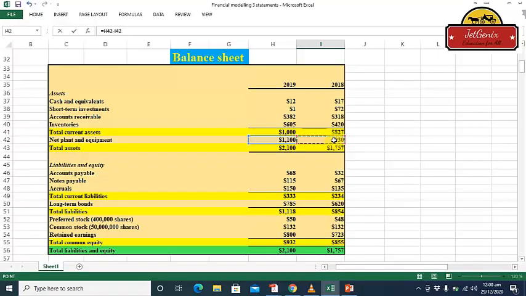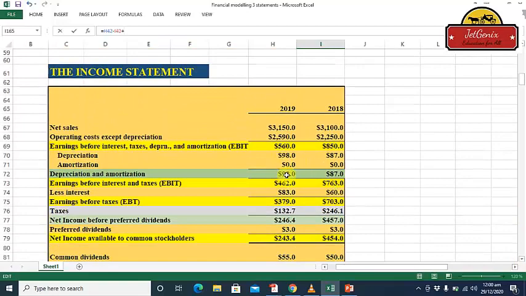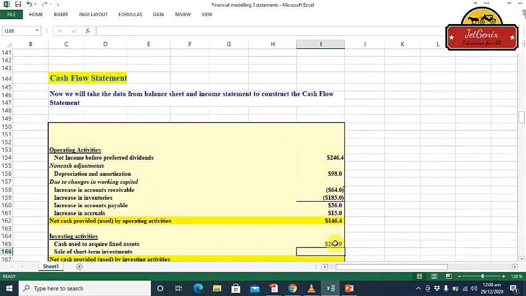And again we have to add depreciation with this. The depreciation for 2019 we can find here, this one. Press enter. So now we have the cash used to acquire fixed assets, and if you remember, this amount we have spent, so this is a cash outflow